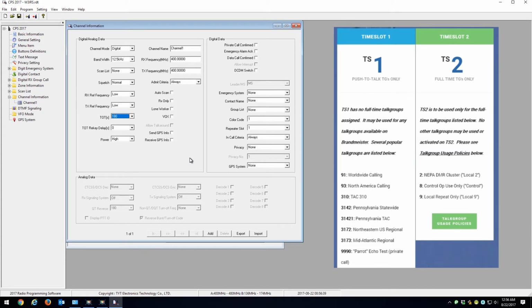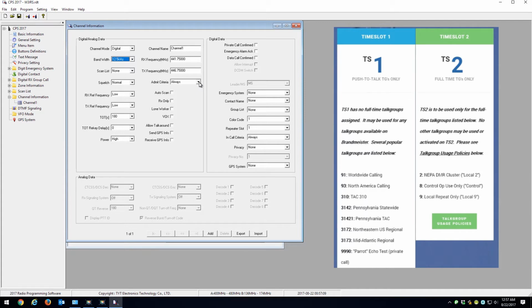So what we're going to do is put the frequency of the repeater in, and like I said earlier, the frequency is 441.750, and that's a +5, so we're going to be transmitting at 446.750. Now this is what we're going to do here with channel 1 is basically what we're going to copy for all